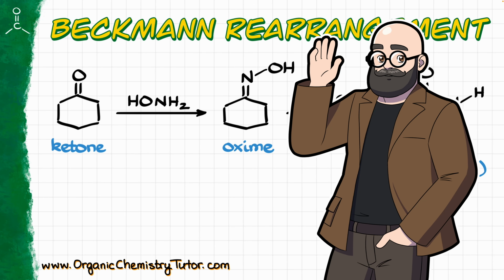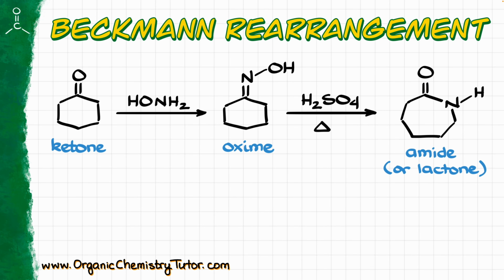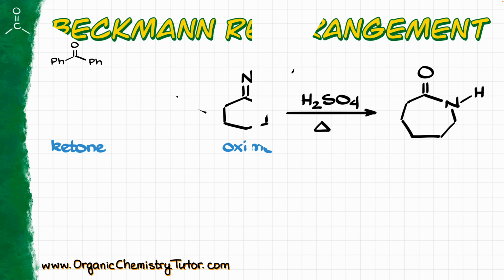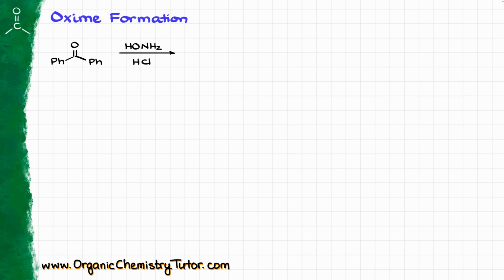Hey everyone, Victor is here, and in this video I want to talk about the Beckmann rearrangement, which is a reaction where we typically start with either a ketone or an oxime and convert those into the corresponding amide, or lactone in the case of these cyclic compounds. And since ketones are a very common starting point for Beckmann rearrangement transformations, let's start with a ketone as well,